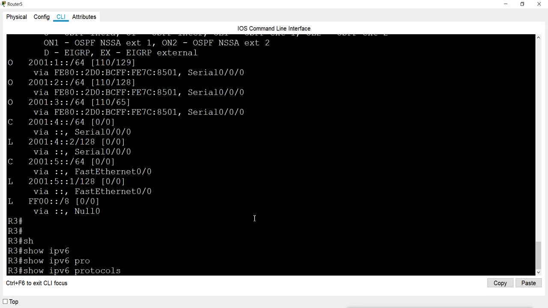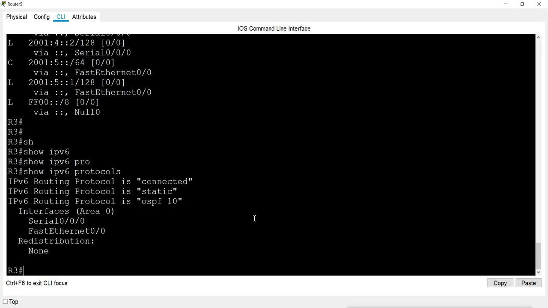You can use show ipv6 protocols to check which protocol is being used. It shows connected, routing is static, OSPF 10, area is 0. These are the interfaces, and redistribution is 1.